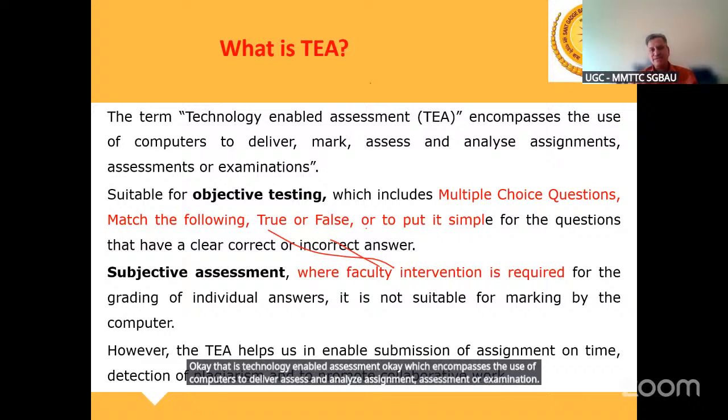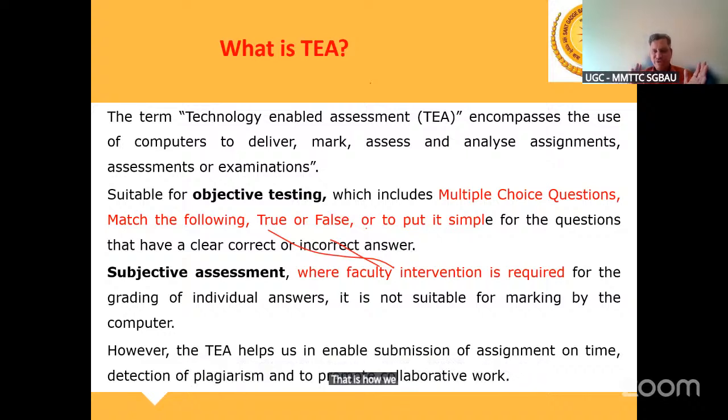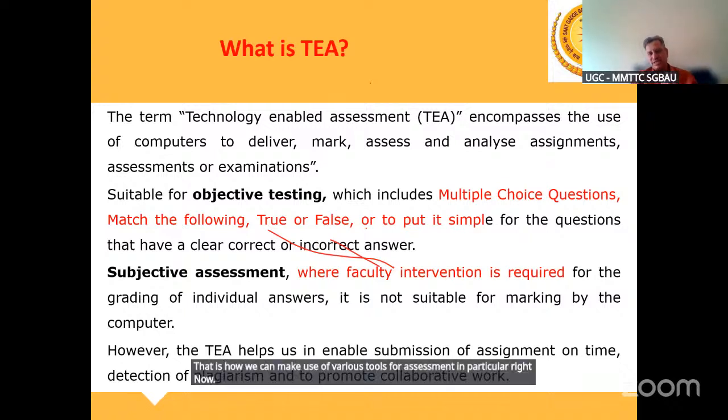That is how we can make use of various tools for assessment in particular, right? Now, earlier there were issues when it comes to online assessment. There were issues like, say, some tools were good for setting MCQs, but they were,